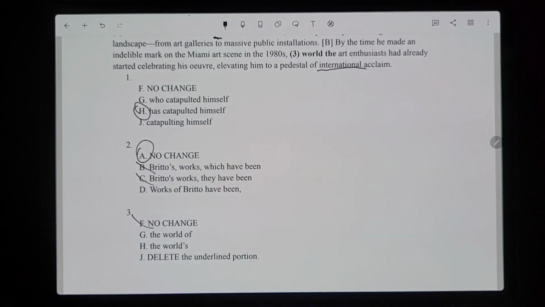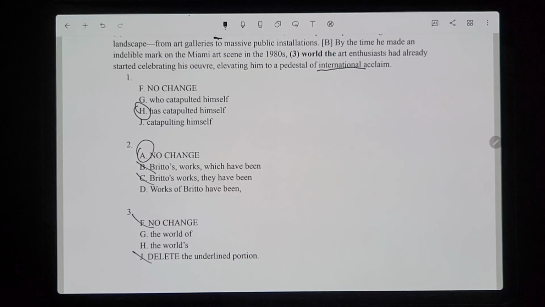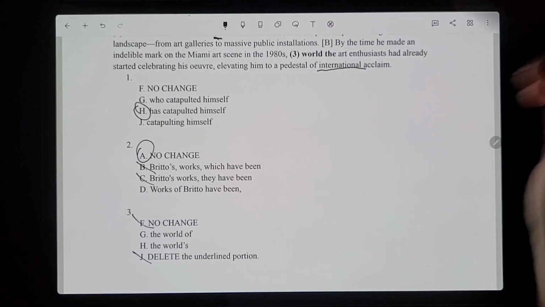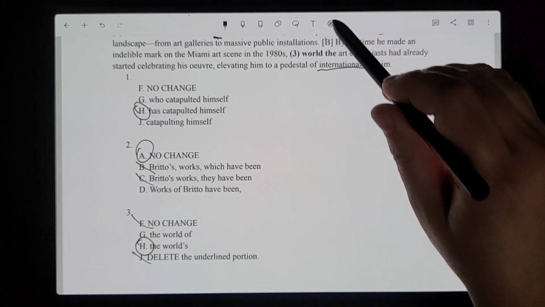So we have to include the part that's talking about the world when we're describing the art enthusiast. So it would be either G or H, the world of art enthusiasts had already started celebrating, or the world's art enthusiasts. Well, the most concise answer would be H. So it has to be that one.